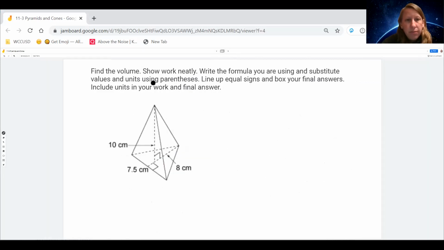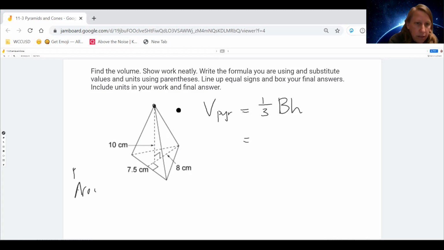Hey, look, this is also a pyramid. It has one triangle that's different than the other 3. So that's going to be the base. And this is the apex. So I see a pyramid right here. I just learned that the volume for a pyramid is 1/3 the base area times the height. The area of the base, or the base area,